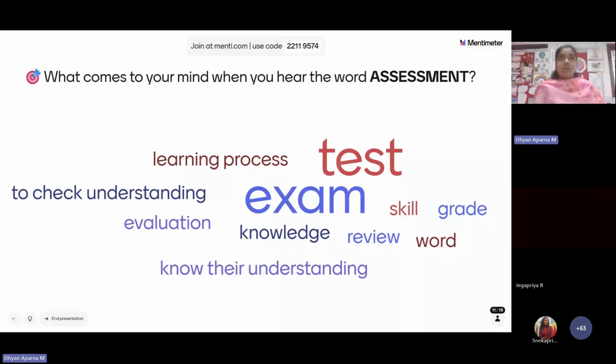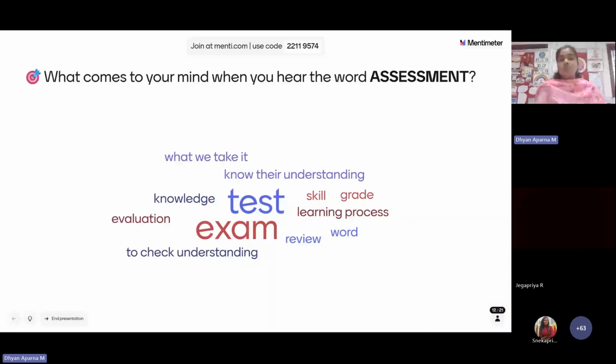So, the two questions that we will be exploring today are: why is it important to assess our children, and when do we assess our child? First, let me tell you why it is important. We assess our learners to understand how they are learning and to figure out what kind of support they really need to reach the learning outcome. And in early years, assessment is only about supporting their growth and not about measuring how they perform.